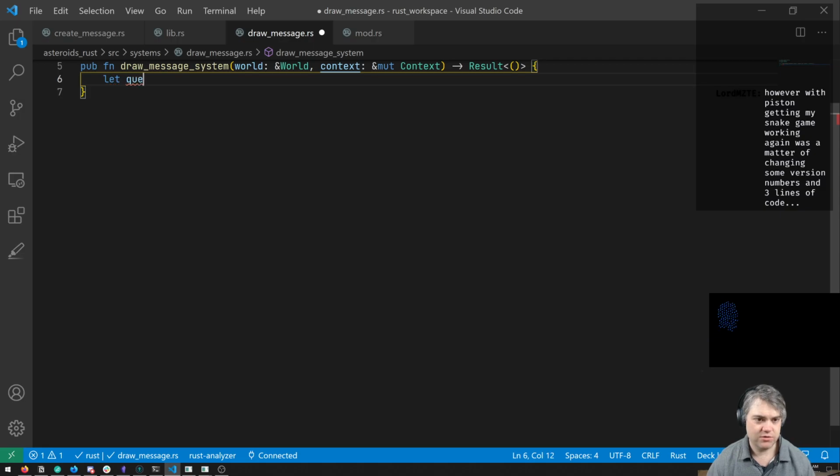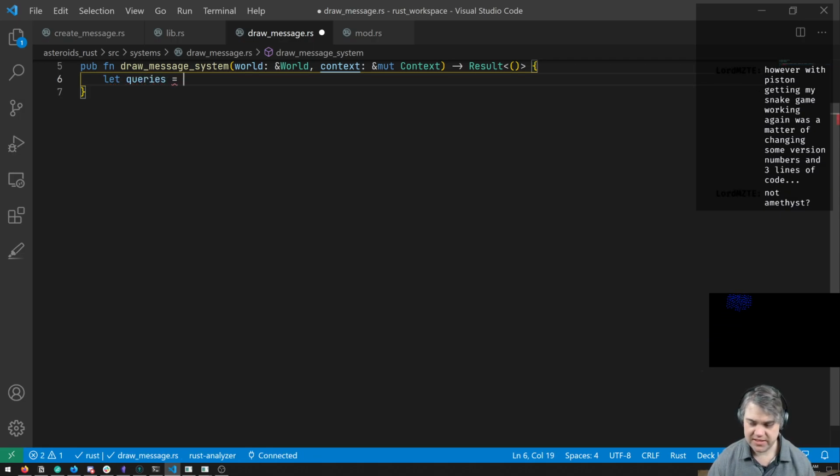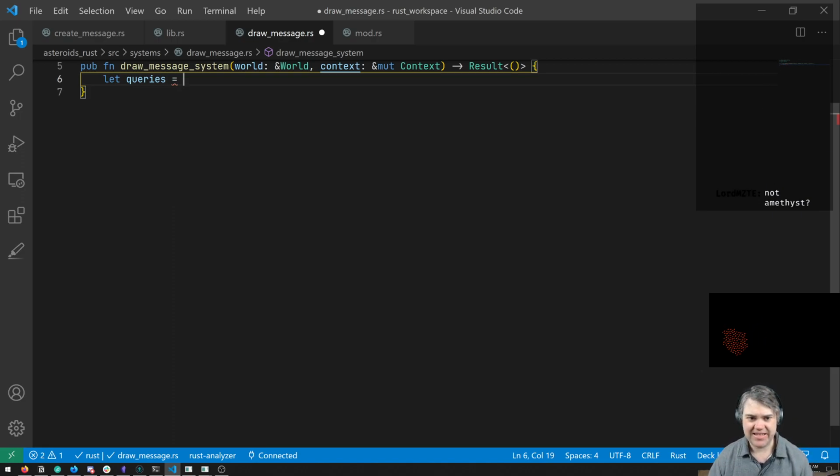Okay, so queries equal to not Amethyst. I haven't really felt the need for Amethyst. I feel like the next thing would be Bevy after Amethyst, so why not just skip to the end? I guess I haven't had a compelling reason to try Amethyst yet.